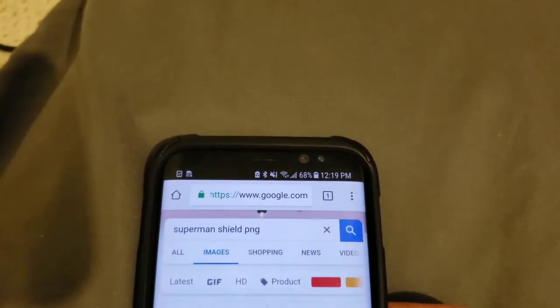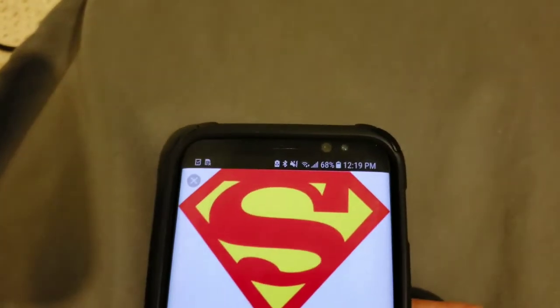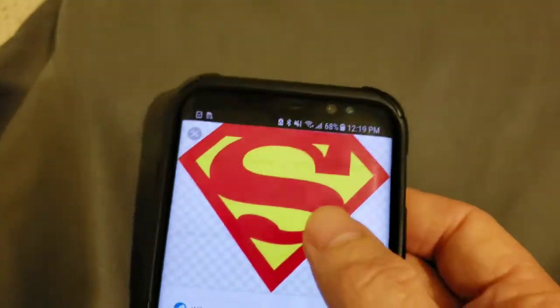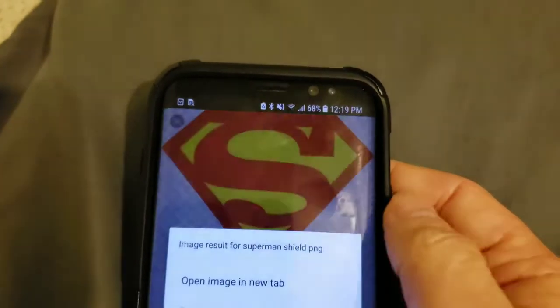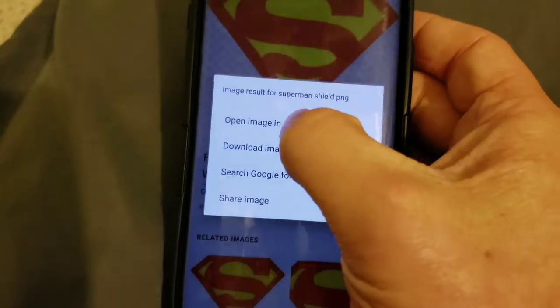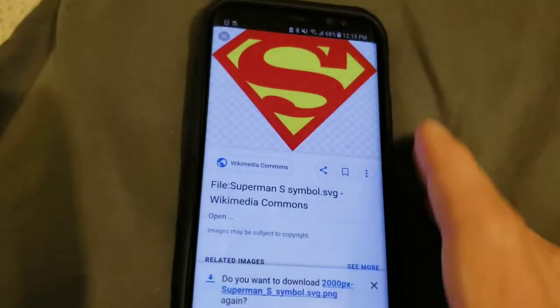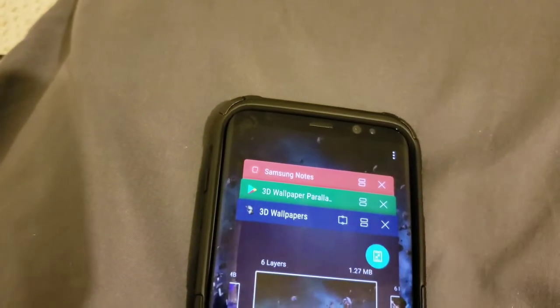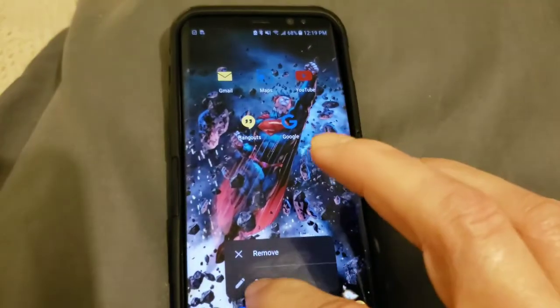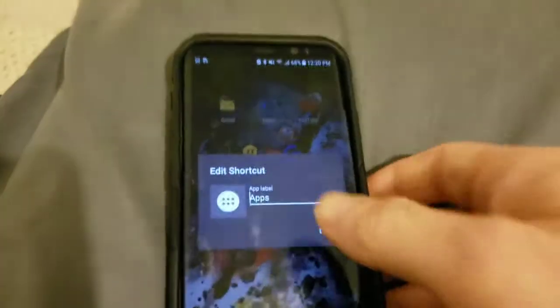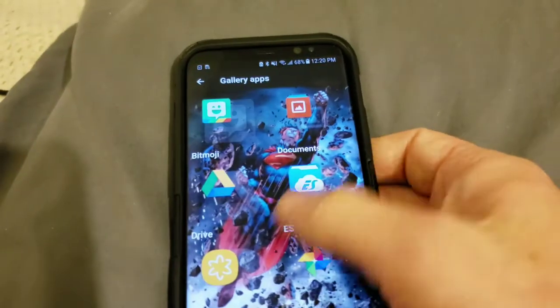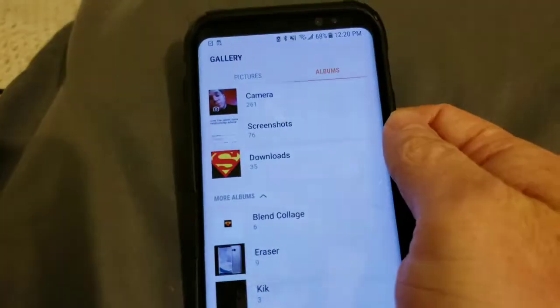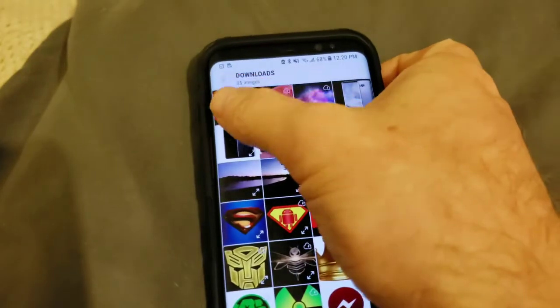All right, so let me see. I think this one is. Yeah, all right. So this one's the PNG file. So you just hold on it, and you'll get these options. Go to download image. I already downloaded it, so I'm not going to re-download it. So whenever you have that one downloaded, you want to go ahead and click on it like this. Edit. And then go to the gallery apps. Go to your gallery. Downloads right here,